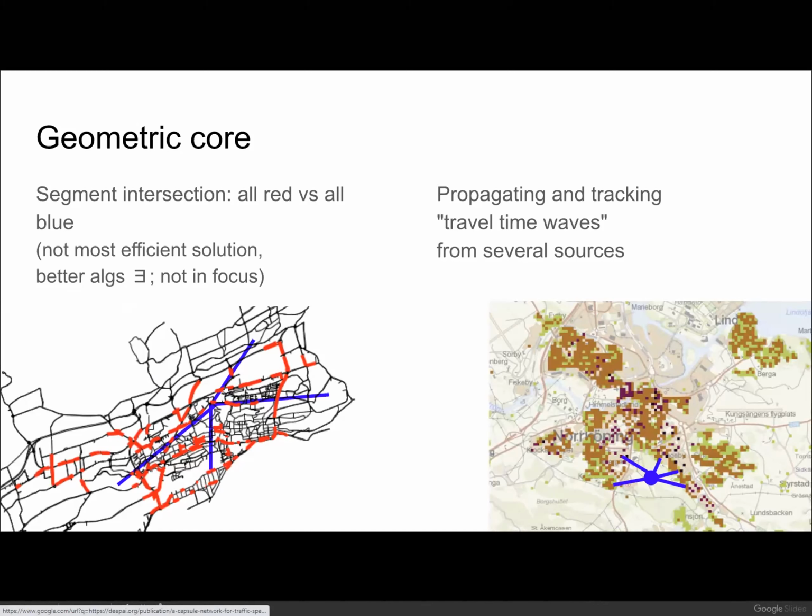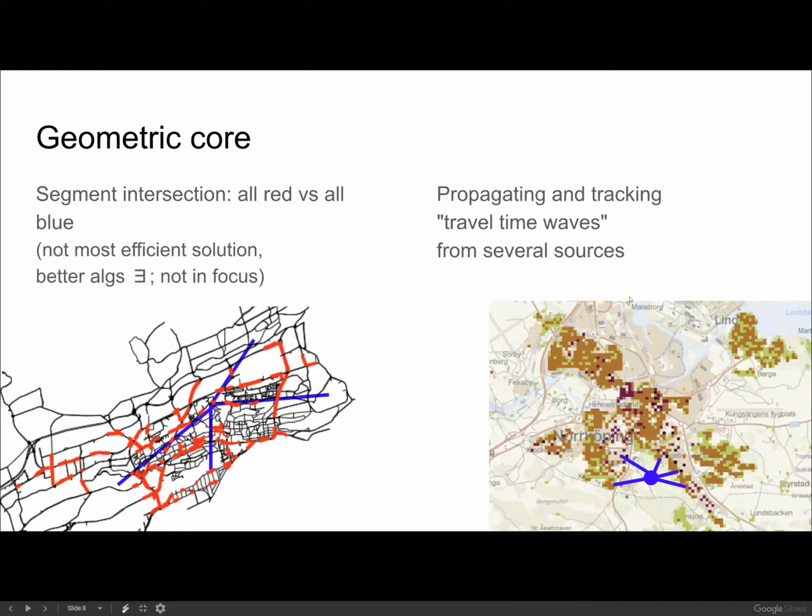We are rather trying to understand what kind of questions you want to answer and what kind of primitives, the geometric or geospatial primitives, you will have to use in order to give answers to questions like this. Do two segments intersect and where do they intersect? And we will look at this in the second lecture.